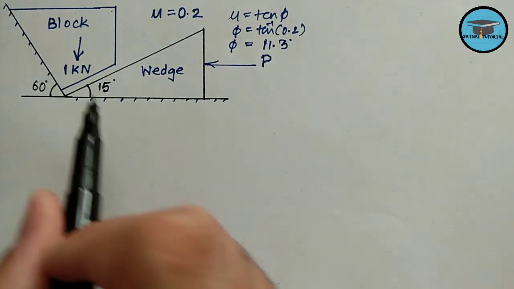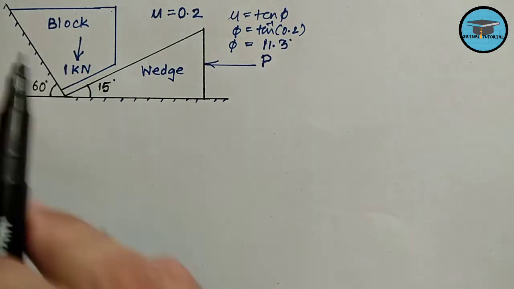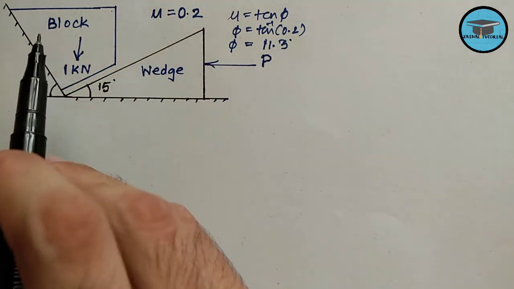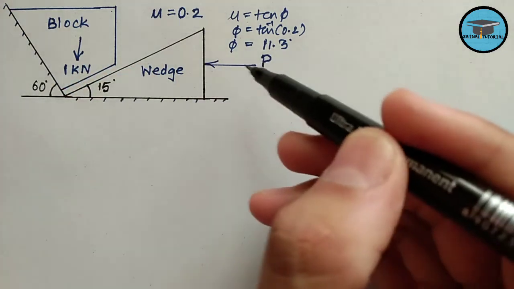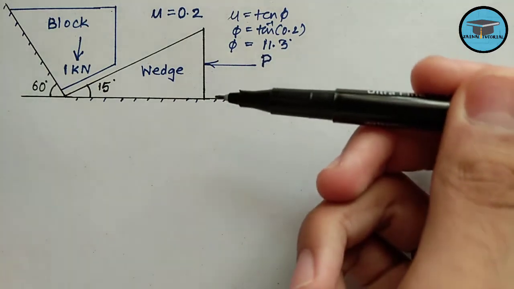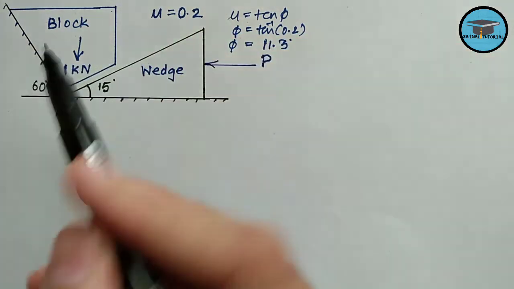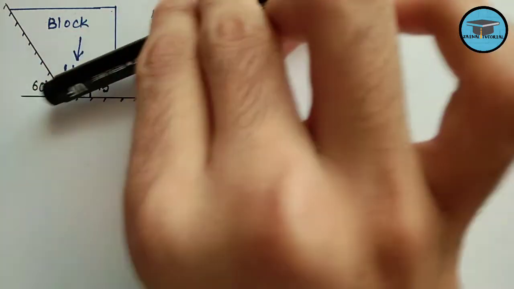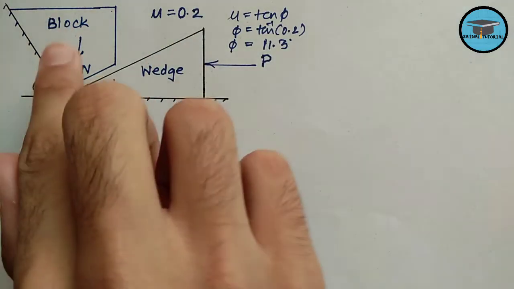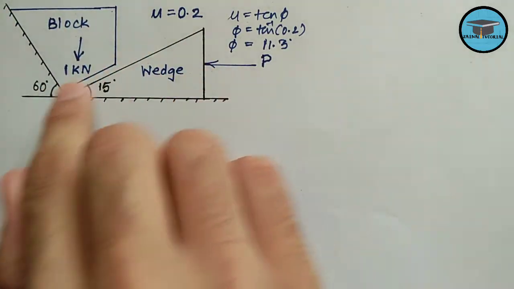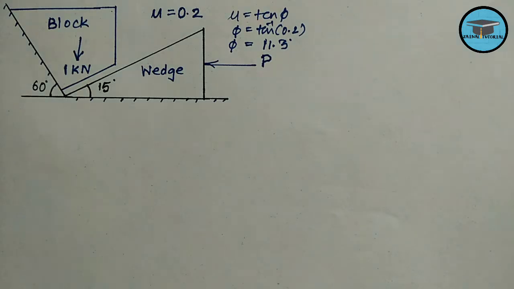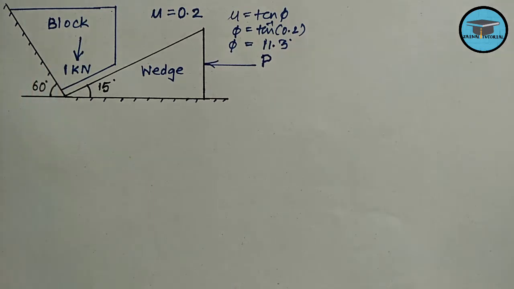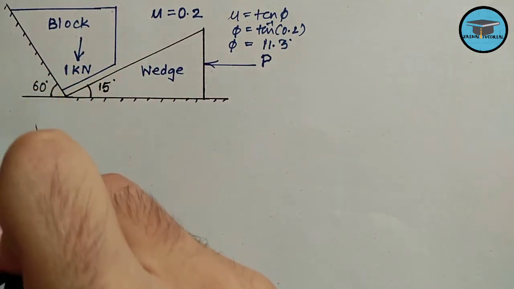Now we will be drawing the free body diagram of the block first and then of the wedge. For drawing the free body diagram of the block, let us first understand what will happen on applying this force P. As P is applied in this direction, this block will climb up this inclined plane. Also it will climb up the slope of this wedge in this direction. Hence this block will move in this direction, and along with it will move in this direction also. The frictional force would act in the opposite direction to that of the motion. So first of all, let us draw the block.